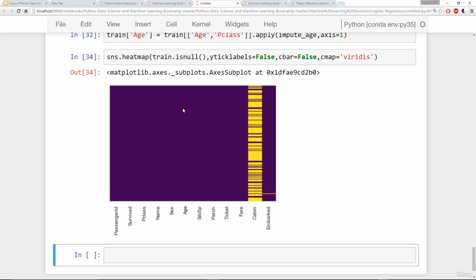We successfully put in values that were reasonable guesses for people's age based off of their class. Now the issue we have is the cabin column. And just honestly, there's too many missing points in order to actually do something useful with this column here. What you could do is try to create a new feature, something that says, did we know the cabin, 0 or 1? But there's just so much missing information here that it's just easier to go ahead and drop that